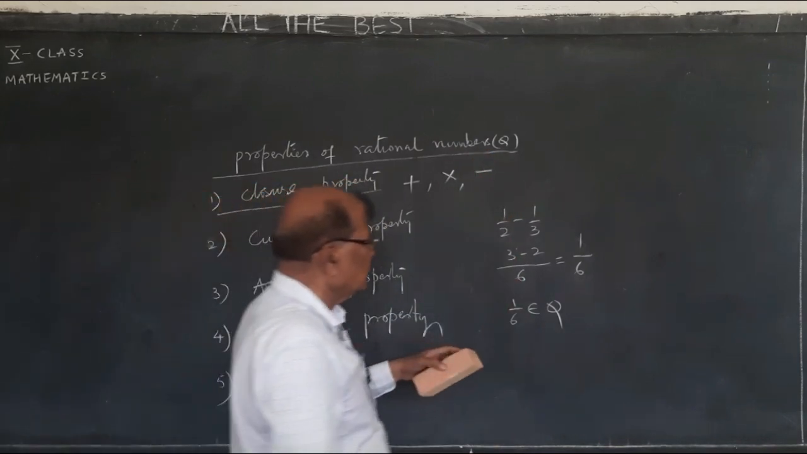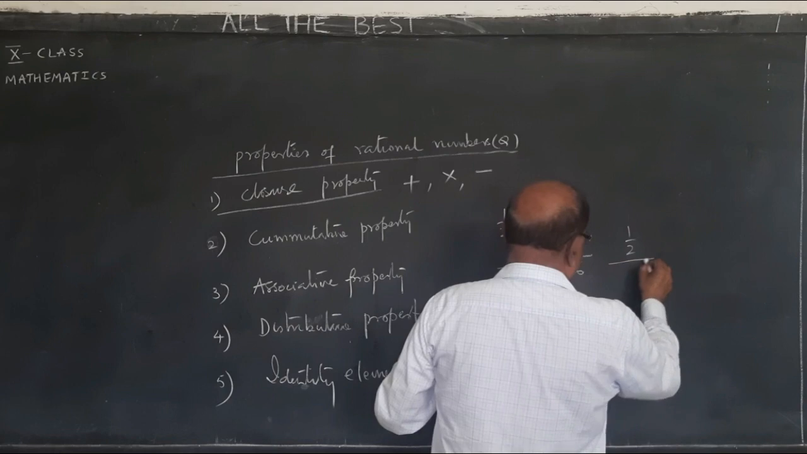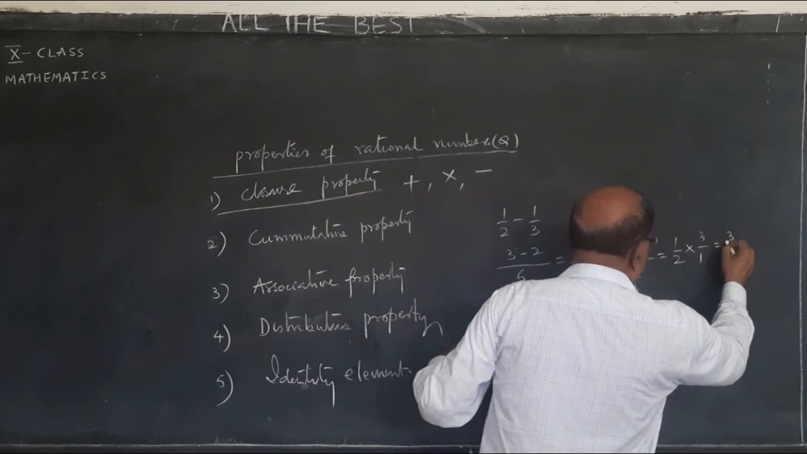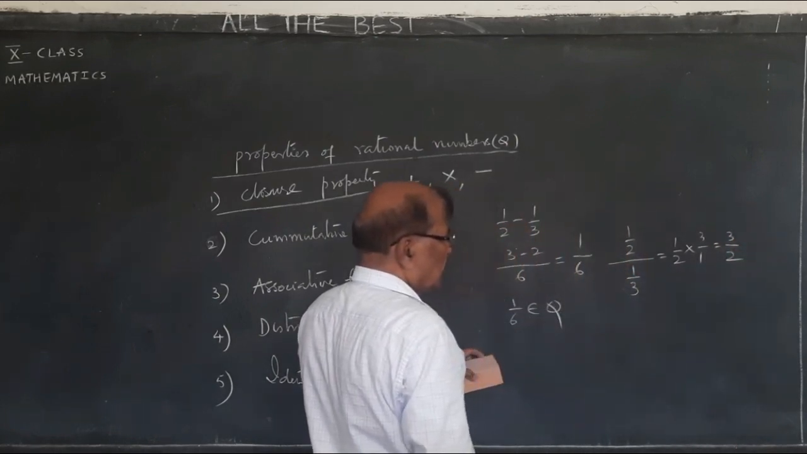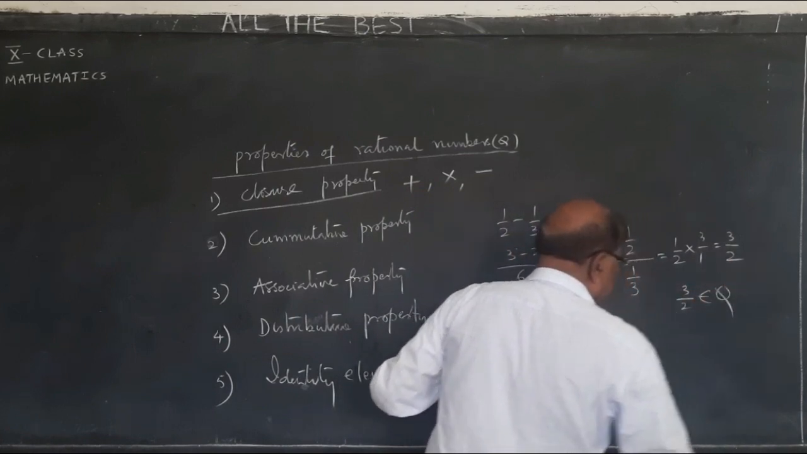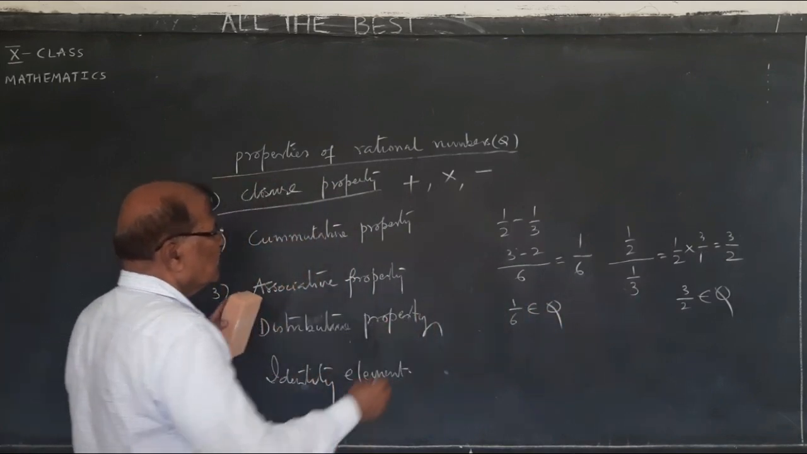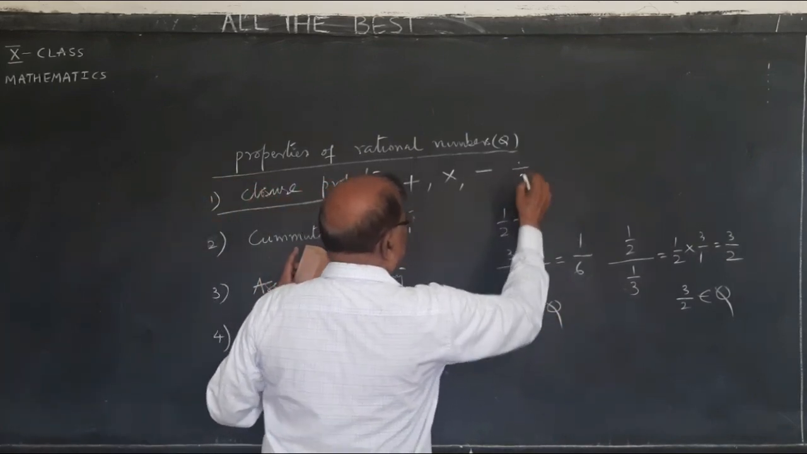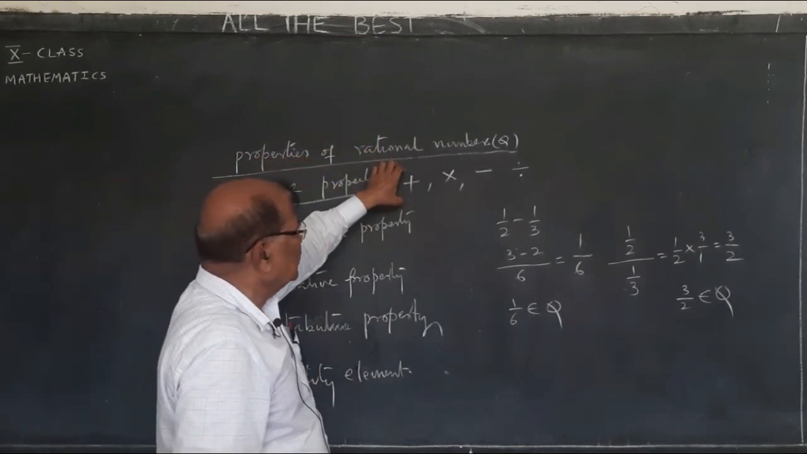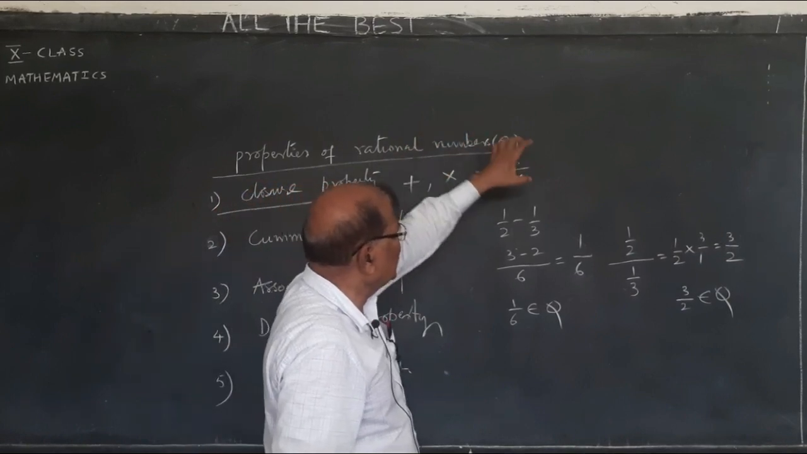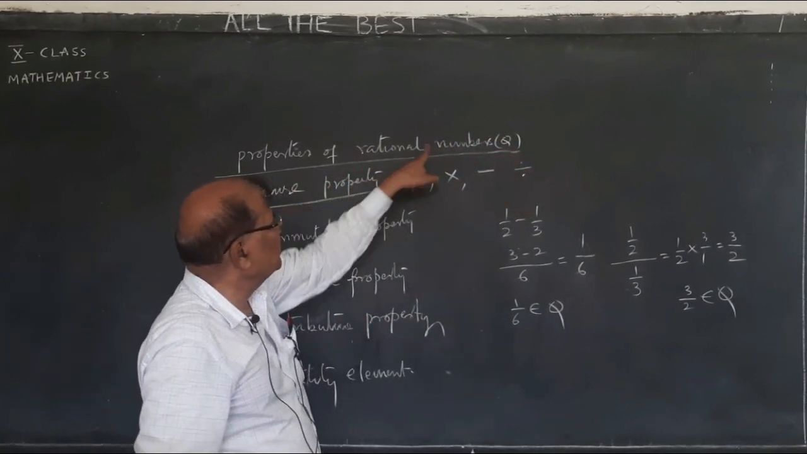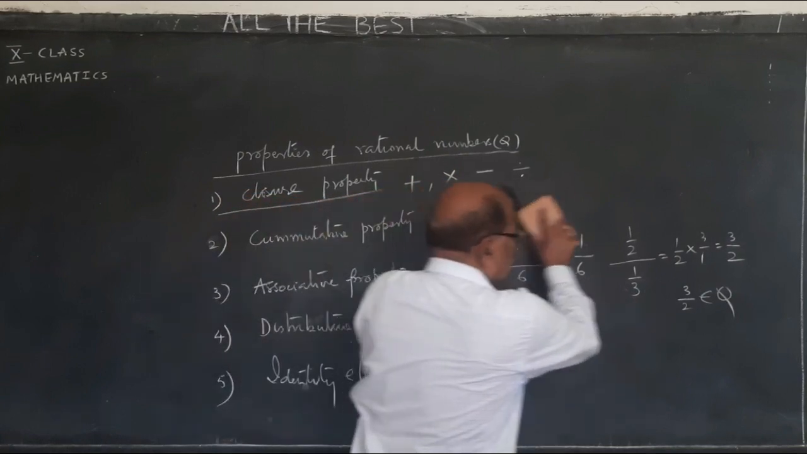Let us see in division. 1 by 2 divided by 1 by 3. This is 1 by 2 into 3 by 1. It is 3 by 2. So 3 by 2 also belongs to Q. So we can conclude very clearly the closure property holds good in addition, subtraction, multiplication and division in the set of rational numbers. So let us go to another property,